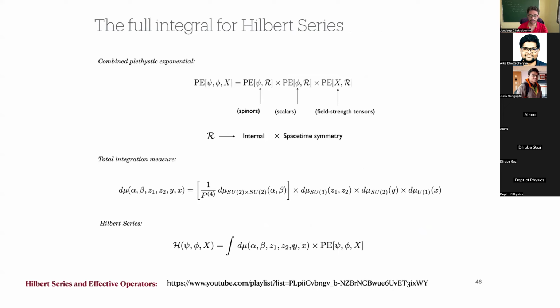Okay. So now, what do we have? In the first part of today's lecture, we have learned how to calculate the character function for the connected compact group, because we are dealing with the internal symmetry. So then we know how to write down the character function for the internal symmetries. Fine, we keep that aside. Then we talk about the space-time symmetry, without going into too much detail,